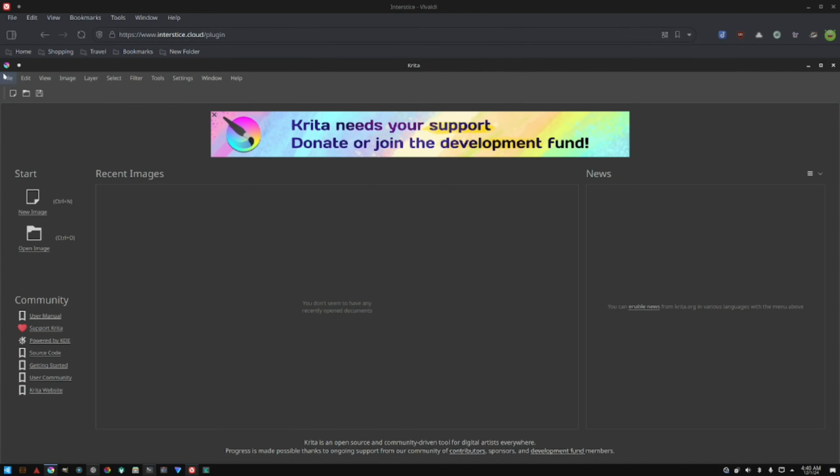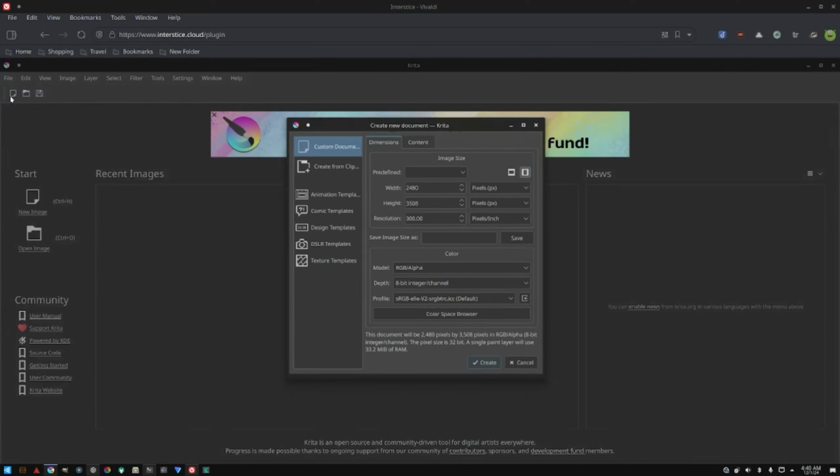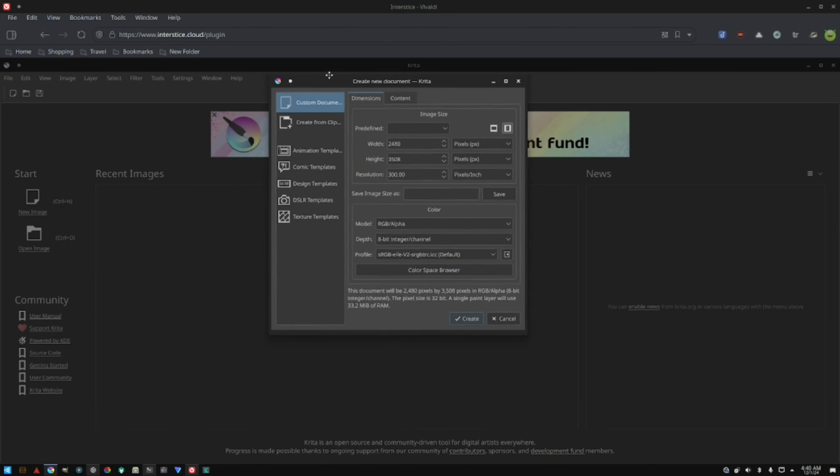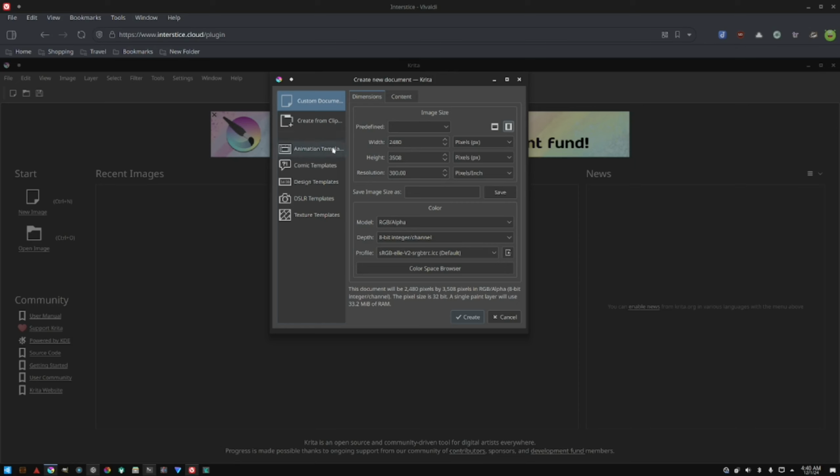So you can open Krita, file, new. And I'm not a Krita expert, so this is not my exact forte to use Krita,